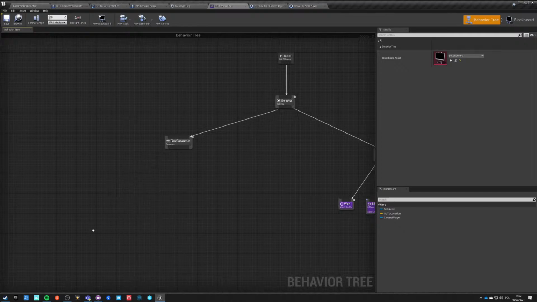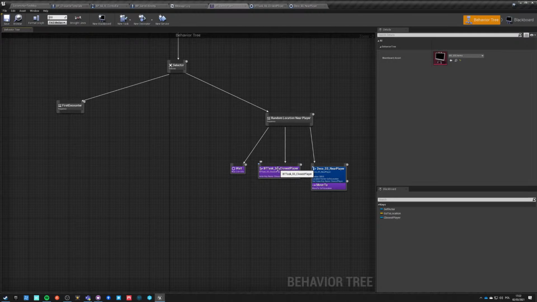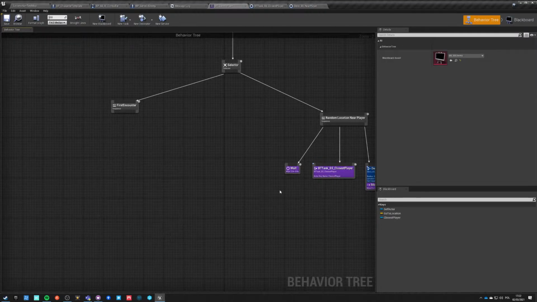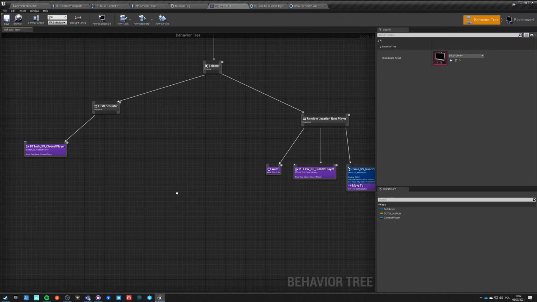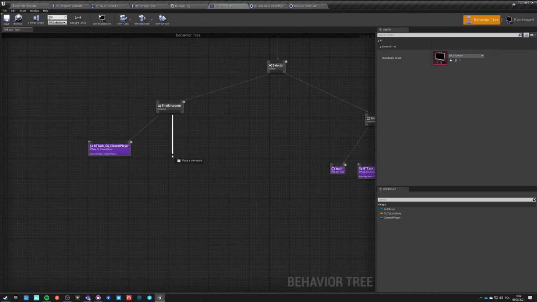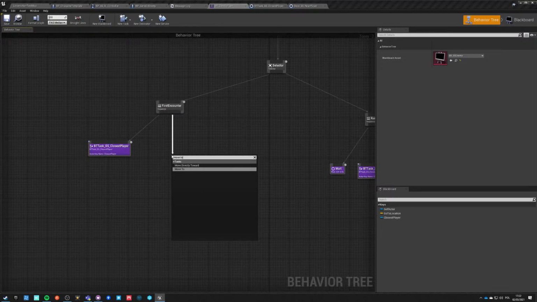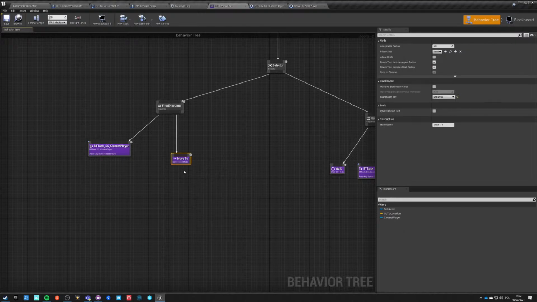Well, we still need to pick a nearest player, so this stays the same. We can actually even copy it and paste it. So we're picking the nearest player, and then we want to move to... there's a move directly toward. That's nice. So move to, and move to is